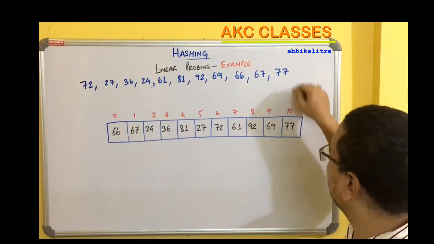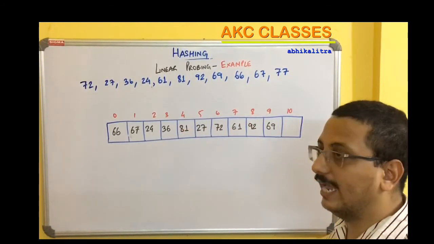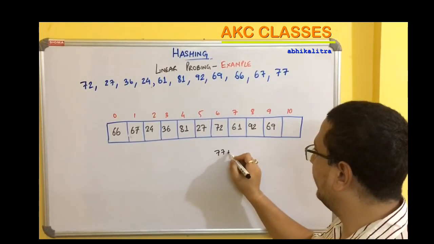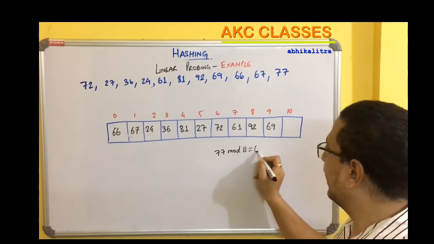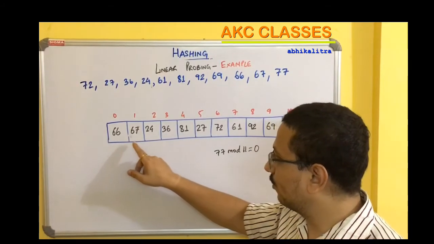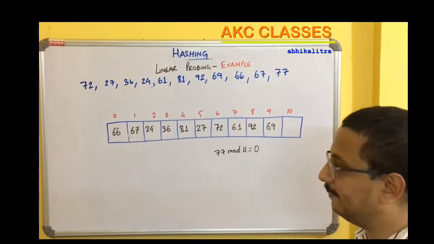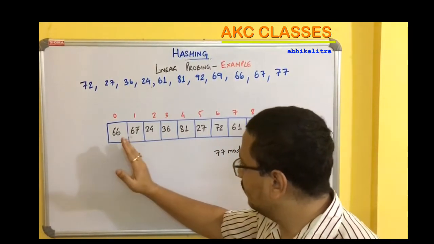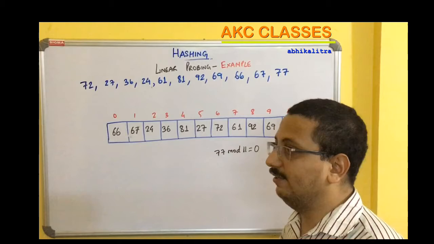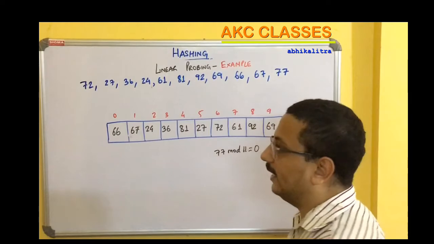Before we inserted 77 over here in the 10th location, after probing each and every location of the hash table, this location was empty, right? When 77 was divided by 11, we got the remainder as 0. So when 0 is the remainder, it has to cross each and every memory location to reach the final location, which is the empty location. The locations which are filled up form a kind of cluster, right? This cluster length keeps on increasing as